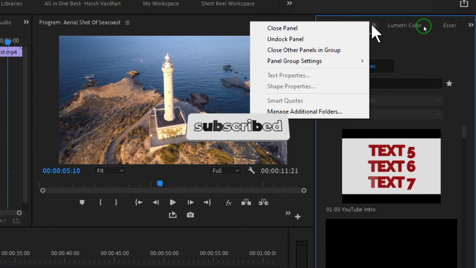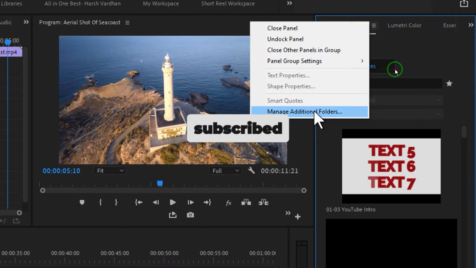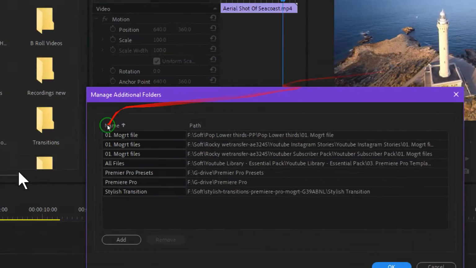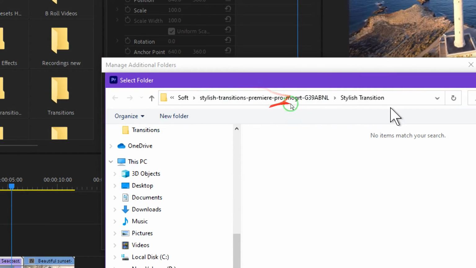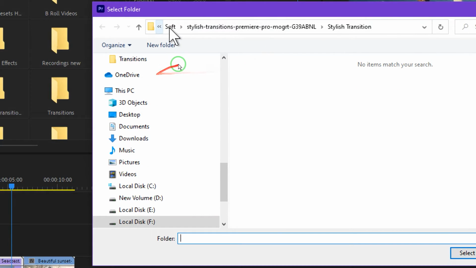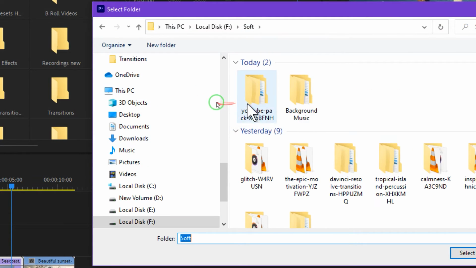Just click on this hamburger menu and select Manage Additional Folders, and over here click on Add New Folder, and then browse the downloaded folder.